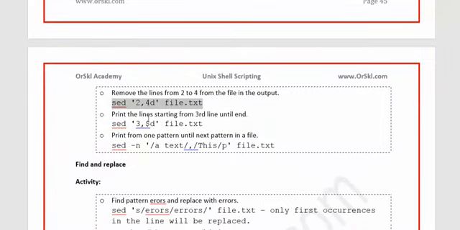Alright. Now if you want to print the lines from the third line until the end, we have to use $. Now please recollect, the $ is the same thing that you used in grep as well. Where if you use $ followed by an expression, it will search for that expression at the end of each and every line. The same thing is applicable here.